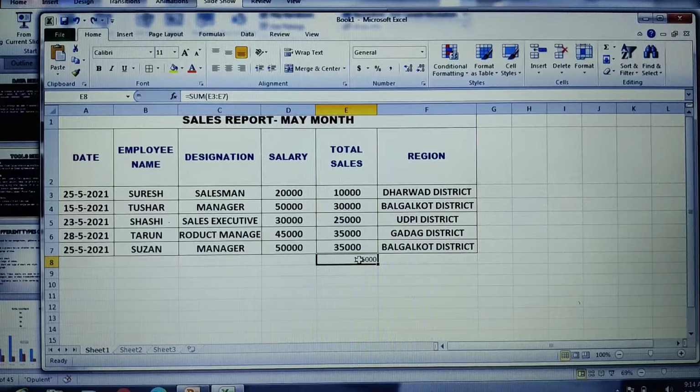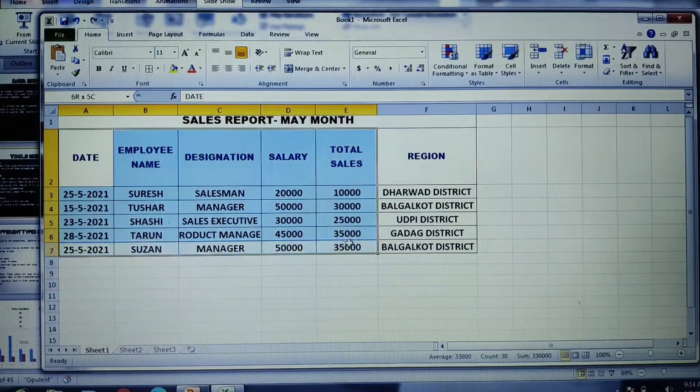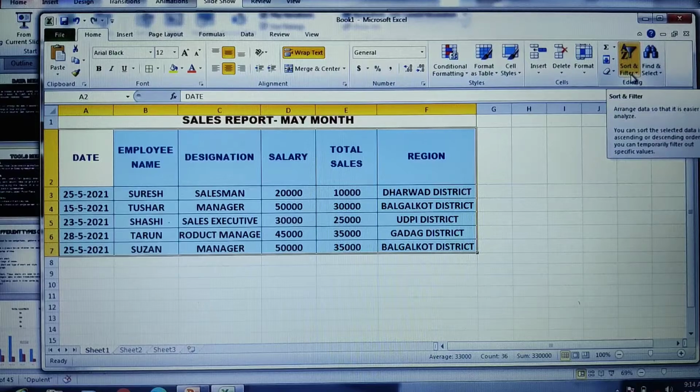Now before we discuss all these formulas, let us look at the sorting option. Before we perform any sorting, you need to select the content in your table on which you want to perform the sorting. Under the Home tab, we have an option called Sort and Filter. This option will help you arrange your data so that it is easier for you to analyze.